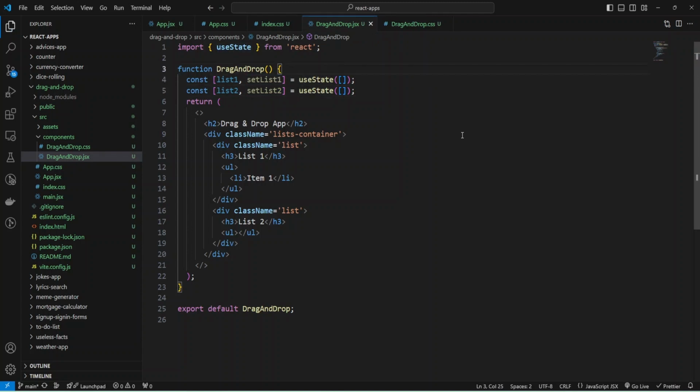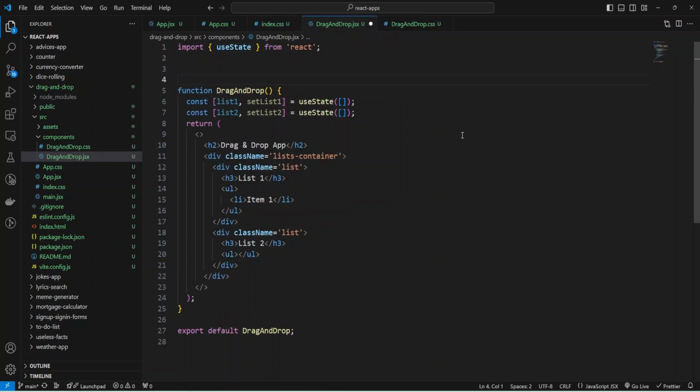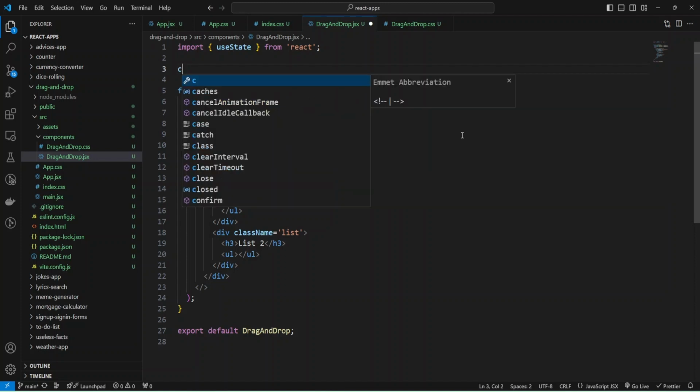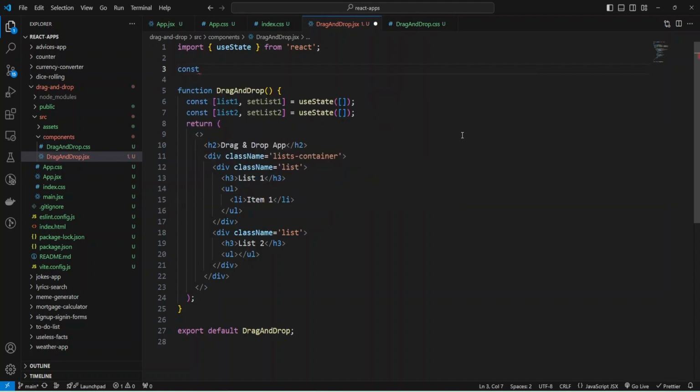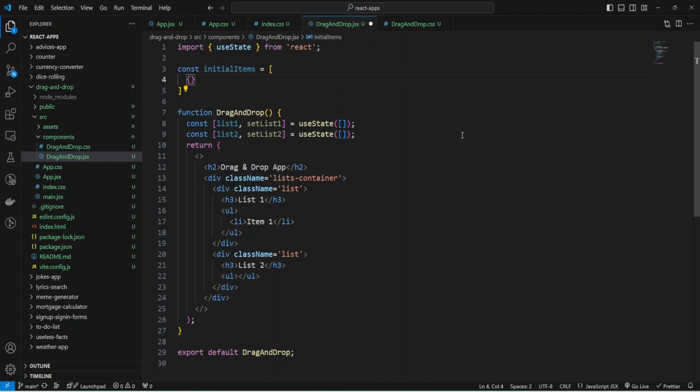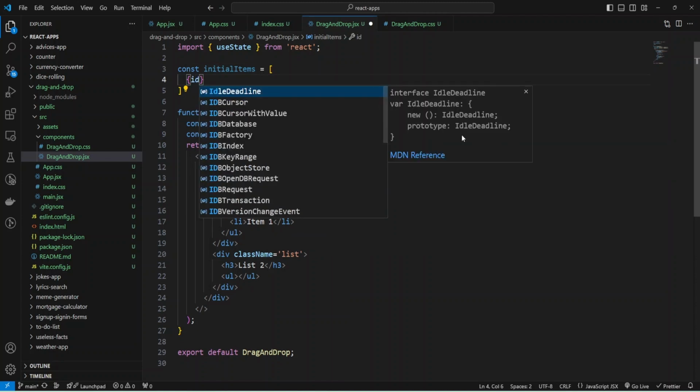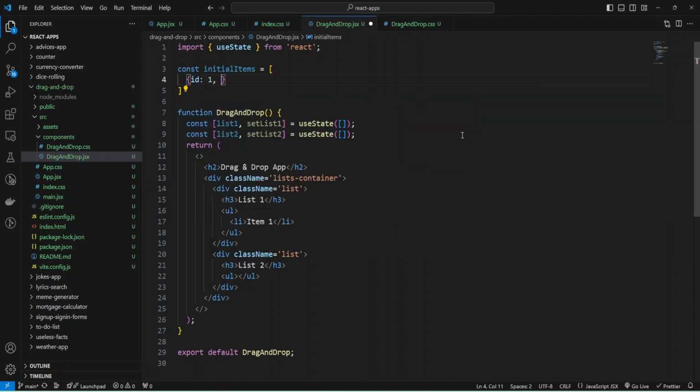And for list1, I can create initial state with const and add an array of objects, and provide the name initialItems. It will be an array of objects, and each object will have an ID and some text, like item 1.